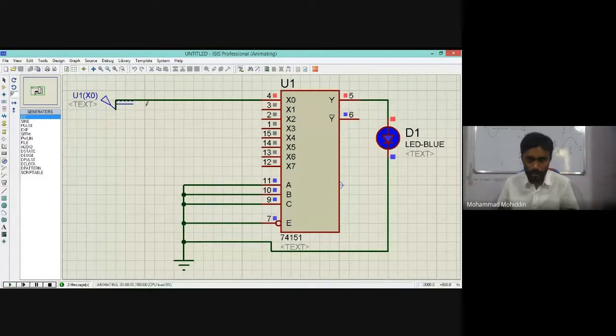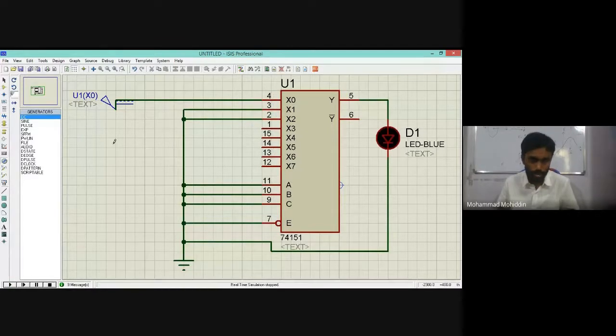If input I connected to 1, you got 1. You change this, there will be no change. You see, this you connect to 1 or 0, there will be no change. You do anything with this, it doesn't matter. See, this is 0 only because the selection lines are selected to 0. So X0 is 1, so you got 1.